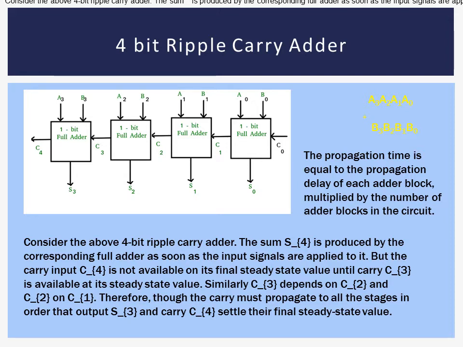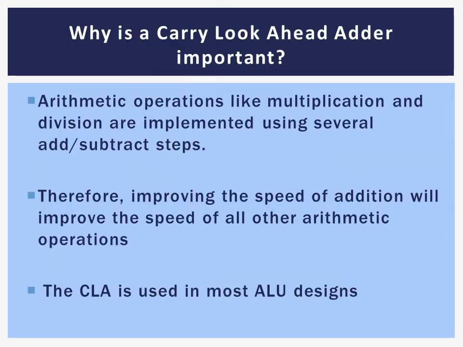However, the disadvantage of this adder is that the propagation delay, which corresponds to the propagation time of the carry through all the adders, is significant when we keep on increasing the number of bits of a number. Therefore, we need an improvement in the design of an adder. Here you can see that the sum S3 is not valid unless a valid C3 appears here, and therefore we need to go for different designs. One such adder is a carry look ahead adder.